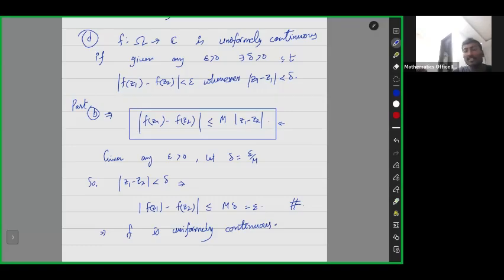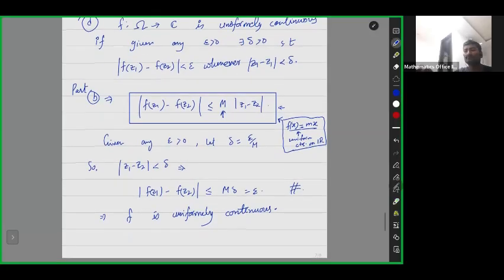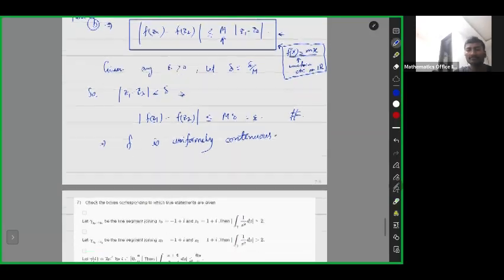So from here you see any real valued linear function, because they have this m to be constant, if f(x) is equal to mx plus c or minus c, whatever you want to take, these are uniformly continuous functions on the real line, because they satisfy this condition. Okay,